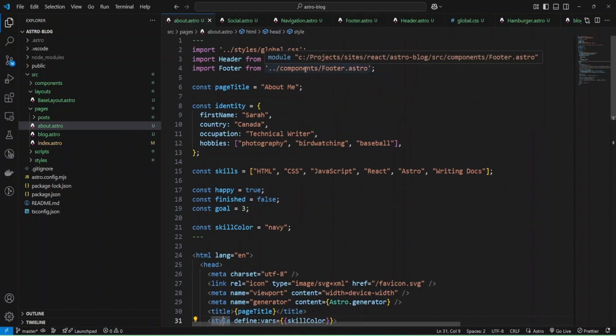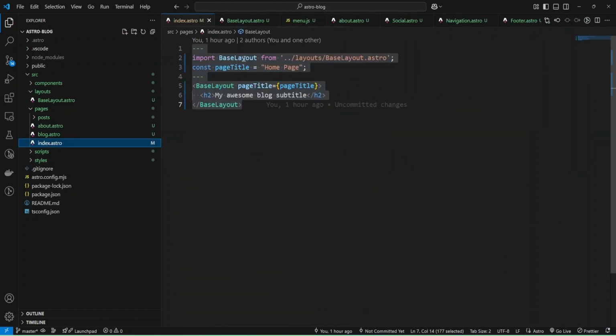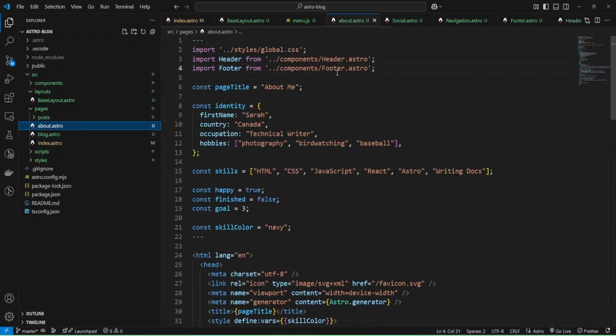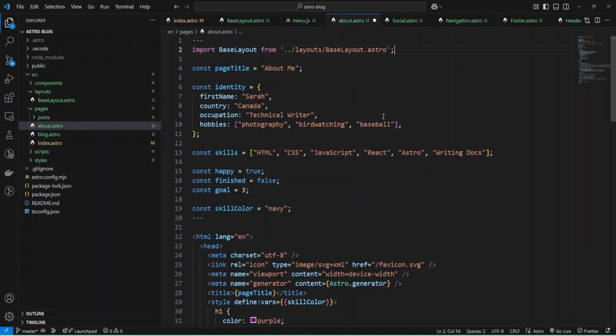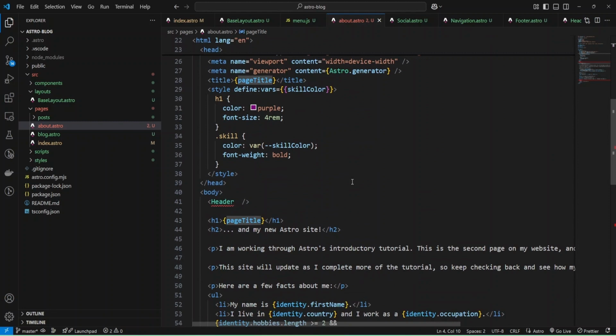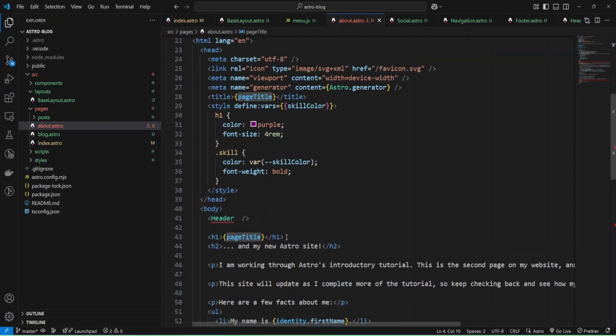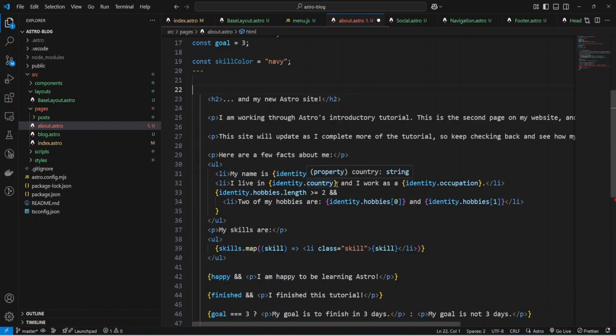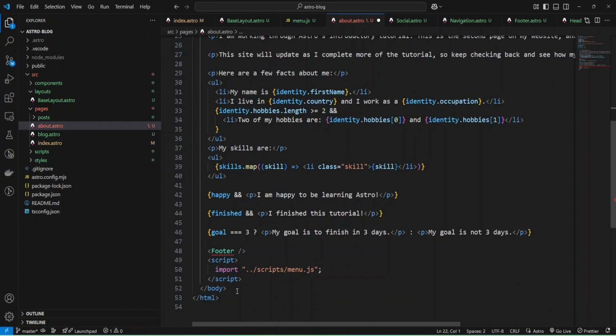Let's change it. I'm going to copy the import of base layout and paste it in my about. I will have header and footer in base layout, and I'll keep this page title and other variables. Okay, we can remove this code because we have it in base layout, and also we have the footer.